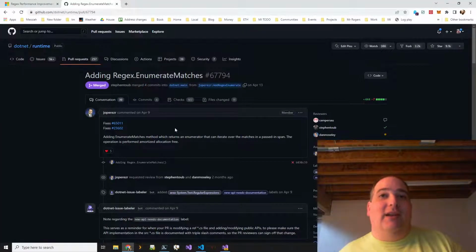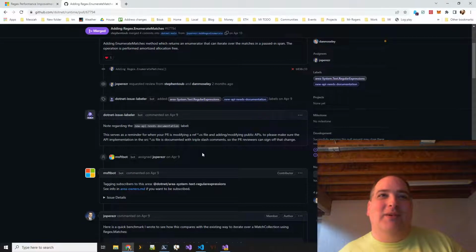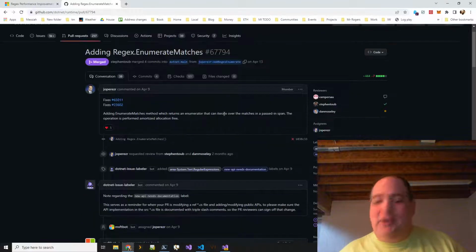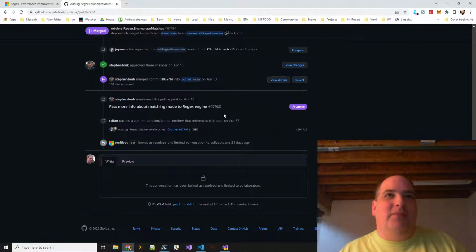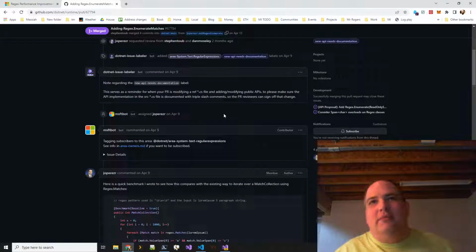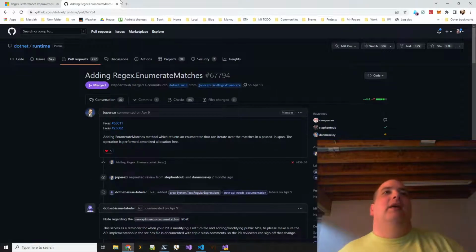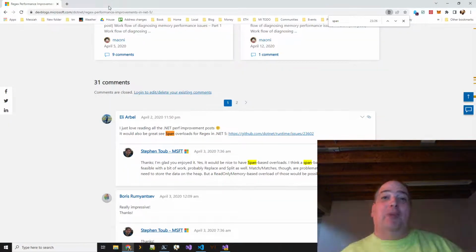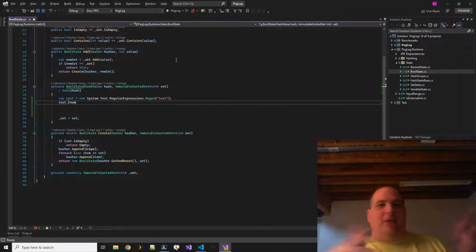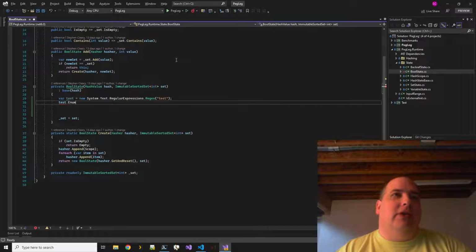Maybe it's not in .NET 6 yet. That's possible. When was this done? April? Okay, yeah, it could be .NET 7. All right. Fair enough. Okay, so it's not even done, technically. Fine. But eventually I would want to use that updated span and memory support that they're adding to regex. So I guess I couldn't do that with this project yet anyway.